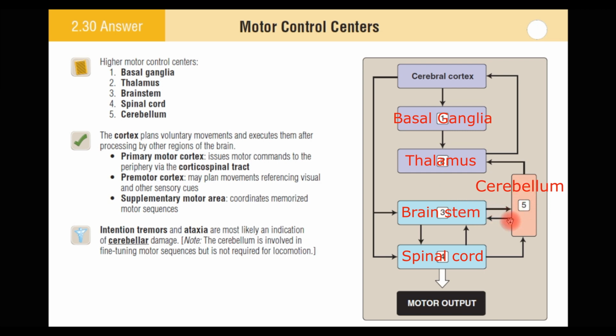Now looking at the cerebellum, what is its function? The cerebellum has major control functions through the brainstem, through the vestibular nuclei and the reticular nuclei. What is the function of cerebellum? The cerebellum's function is coordination of movement. How does it coordinate the movement? It receives the